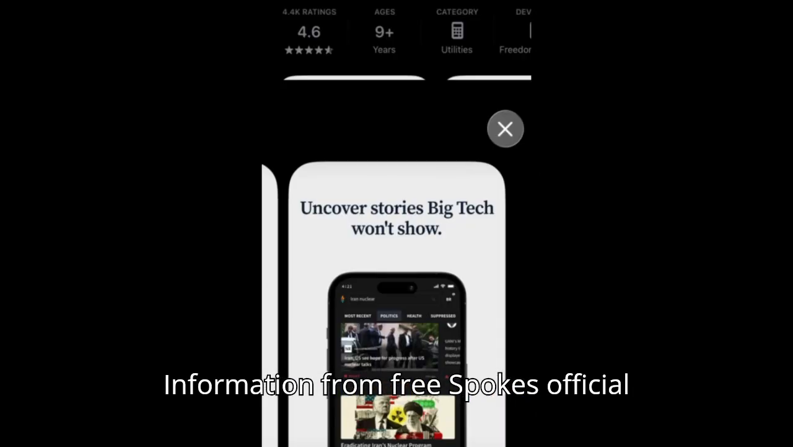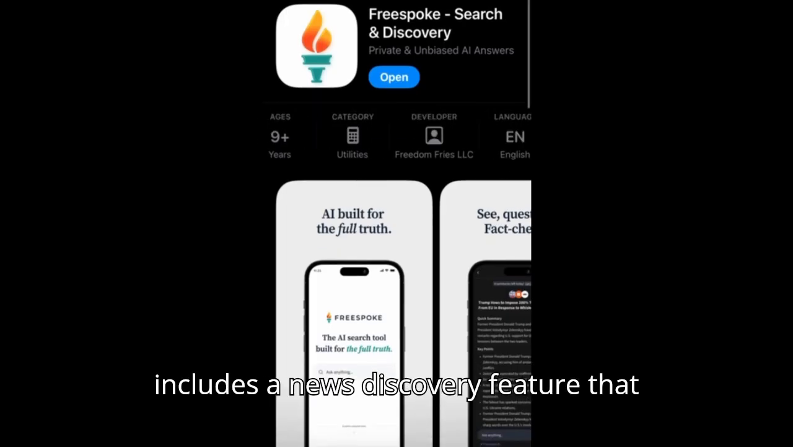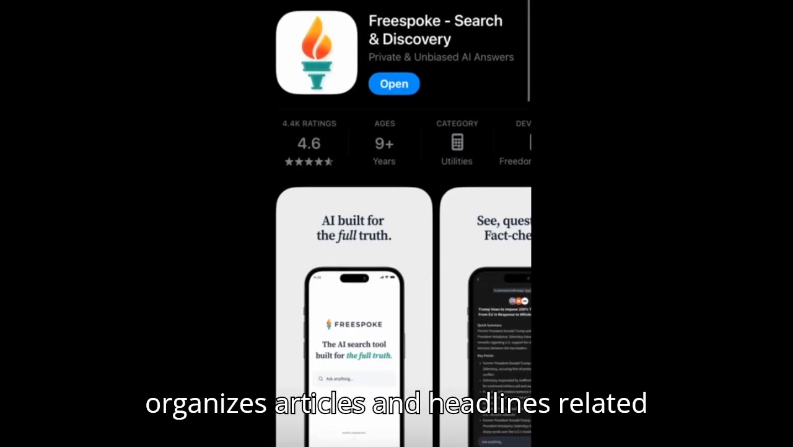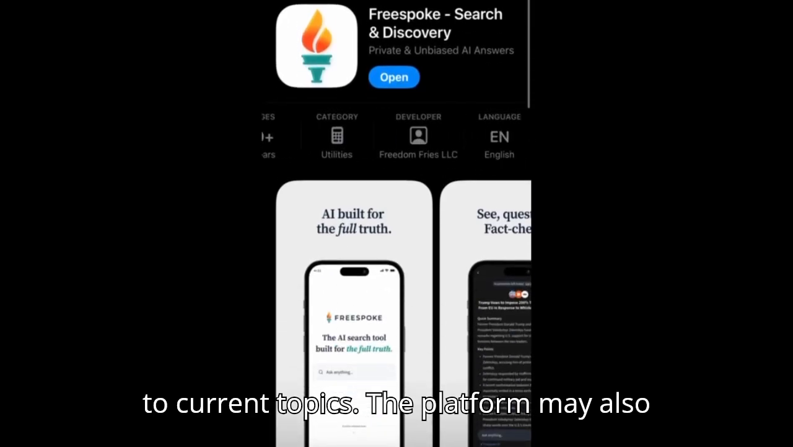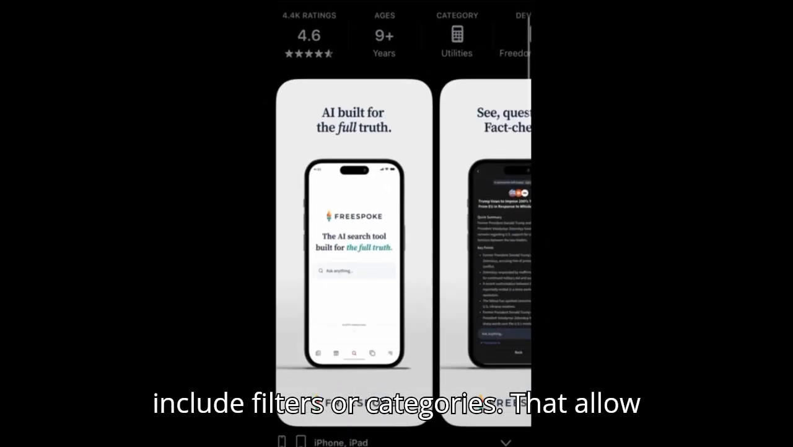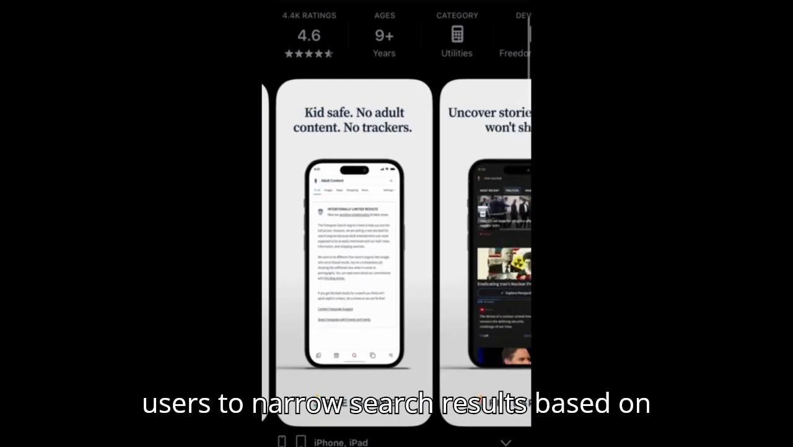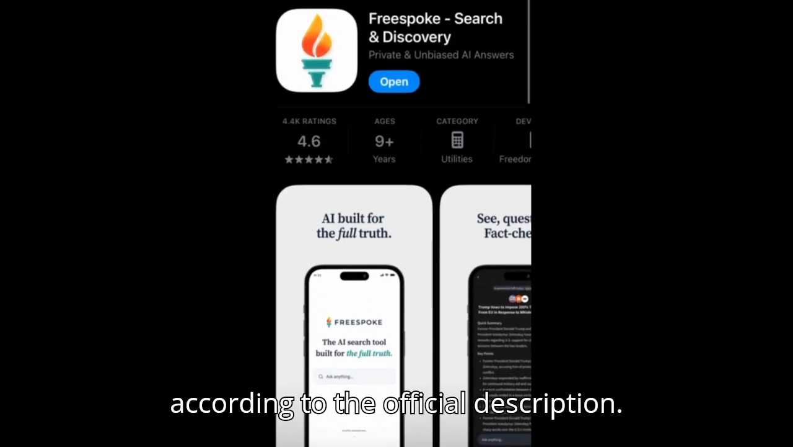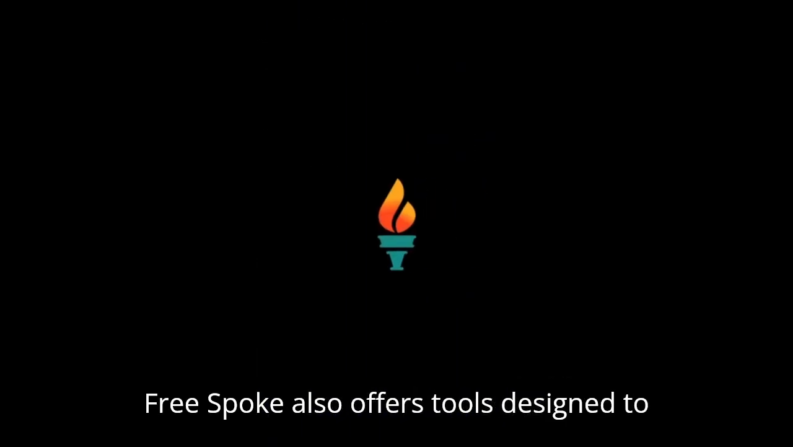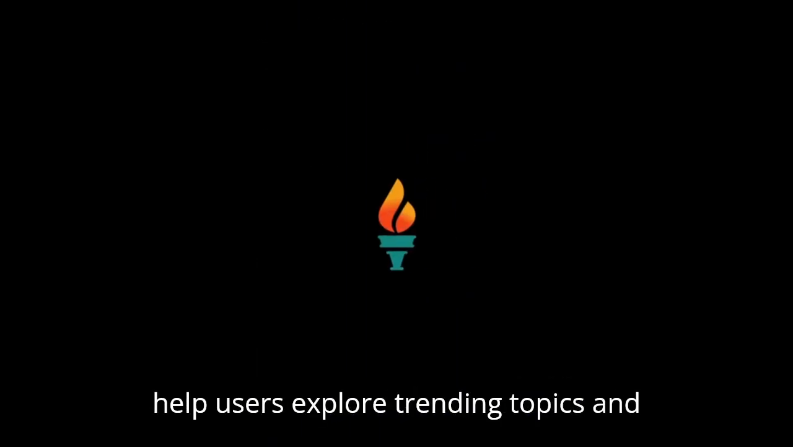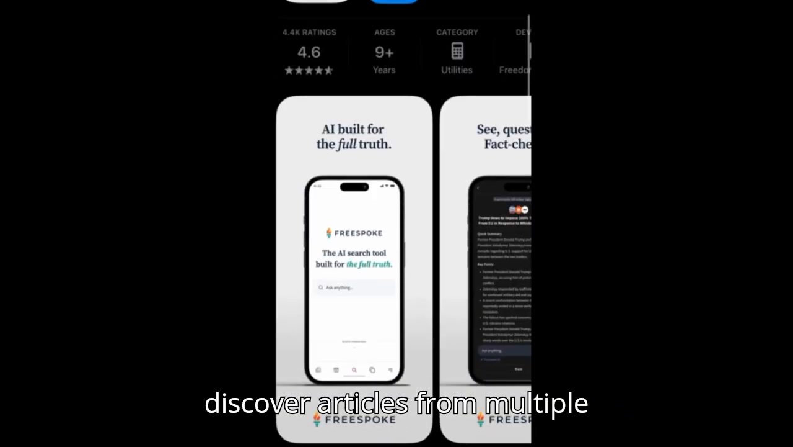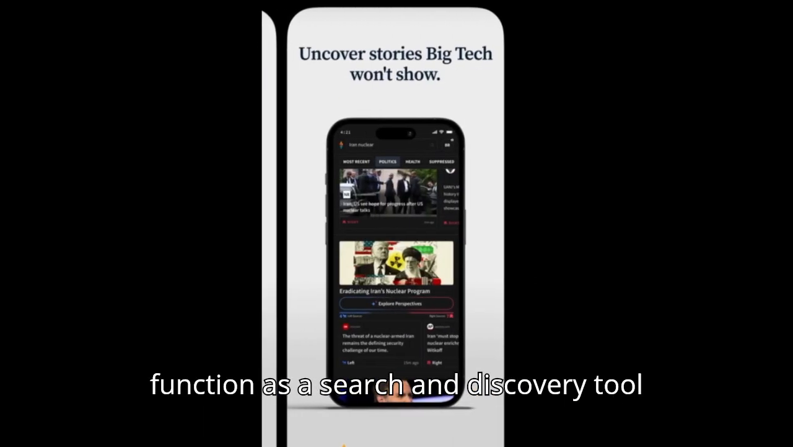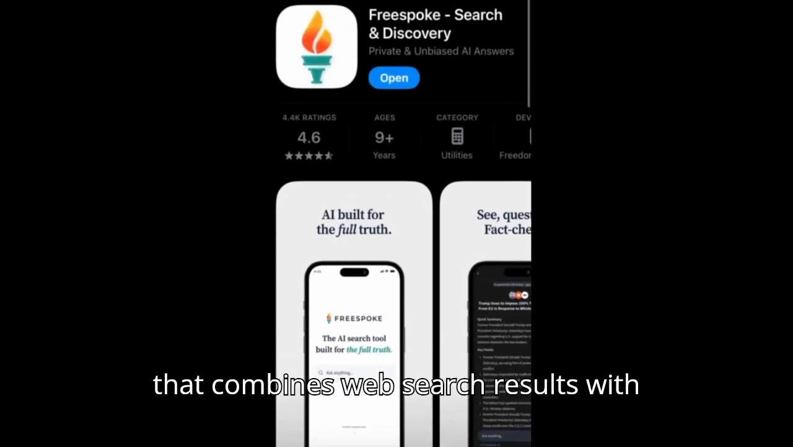Information from Freespoke's official resources indicates that the platform includes a news discovery feature that organizes articles and headlines related to current topics. The platform may also include filters or categories that allow users to narrow search results based on different types of content or viewpoints. According to the official description, Freespoke also offers tools designed to help users explore trending topics and discover articles from multiple publishers. The platform is designed to function as a search and discovery tool that combines web search results with